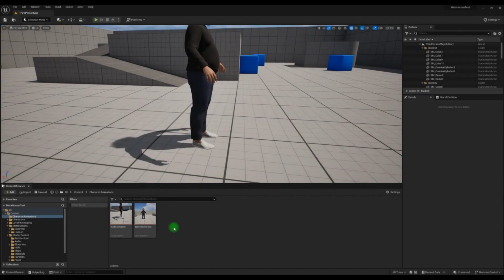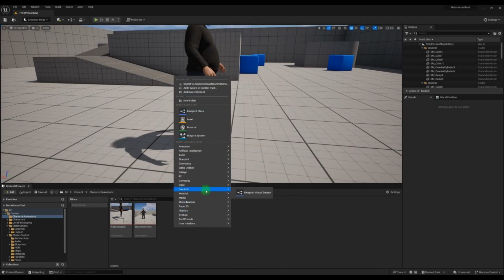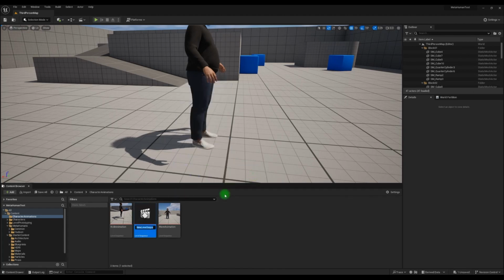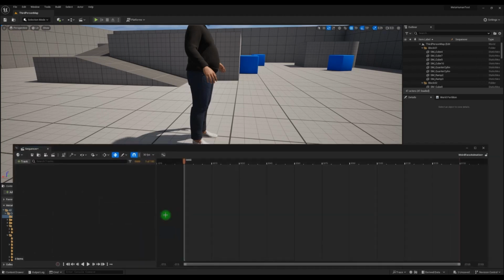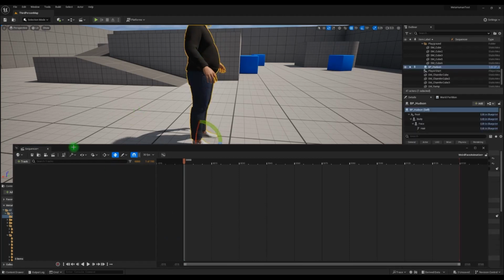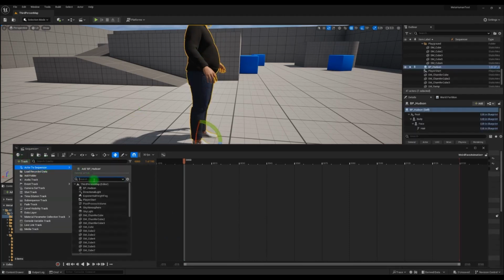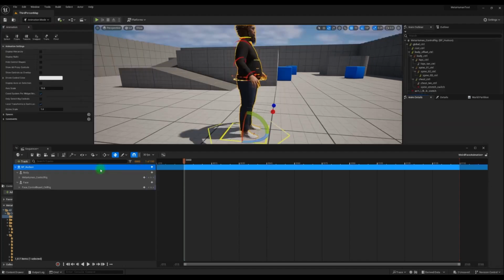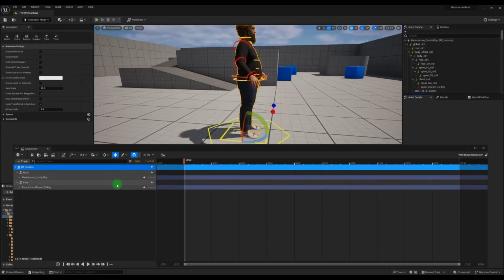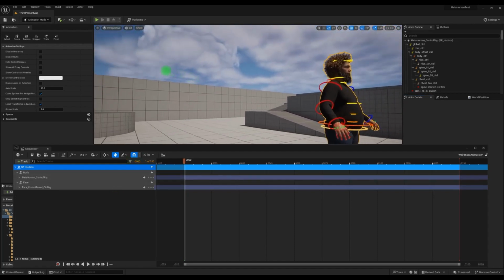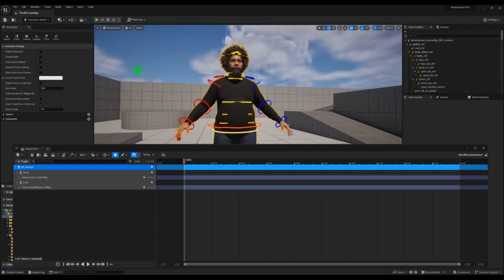And then as a final animation, so go cinematics, level sequence, say weird face animation. Okay. Same thing, we'll click on the character, track actor to sequence, add. Alright, cool. So, because we're just going to be animating the face,